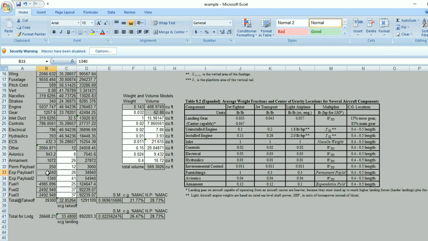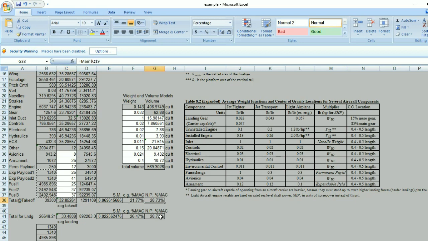So as a safety measure, so that I can start over again, I'm going to copy these numbers here and paste them down here so that I can easily restore these numbers after I've done setting them all to 0. So we're starting off with a CG location here at 32.85 feet,